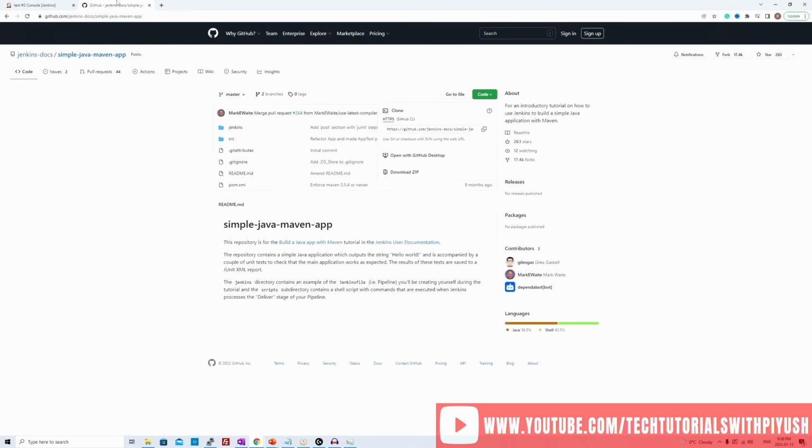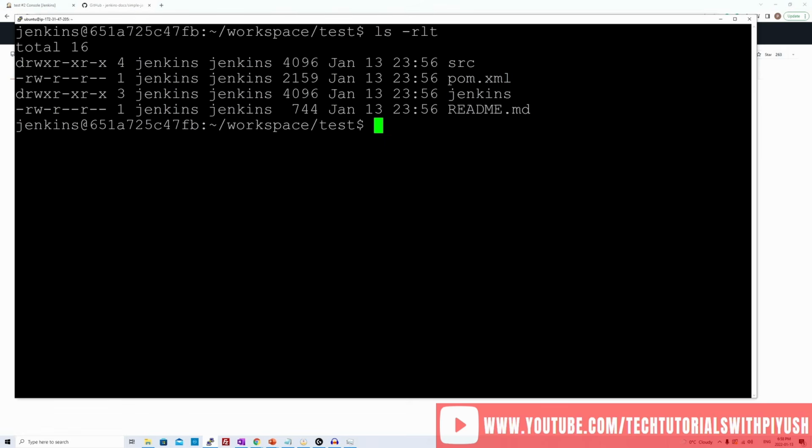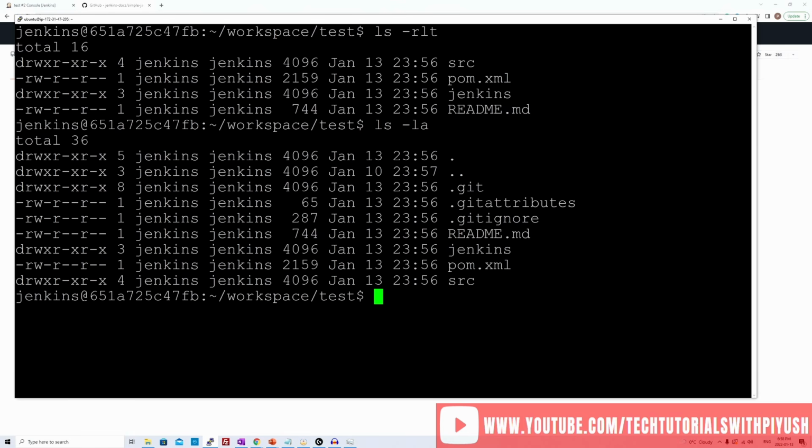If we go back to our GitHub URL, these are the same files that are here. And there are .gitattributes and .gitignore because these are hidden files. So you can see them with ls -la. These files are also here, .gitattributes and .gitignore. So this is how you navigate to the Jenkins workspace where all your job data and all the artifacts will be stored temporarily. Now we'll be configuring Maven first so that we could use it to create a build and